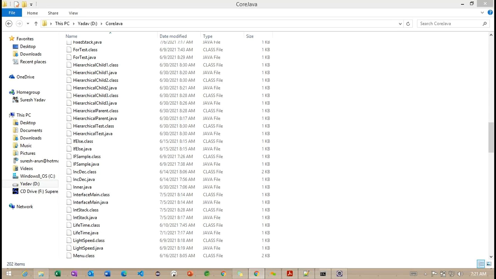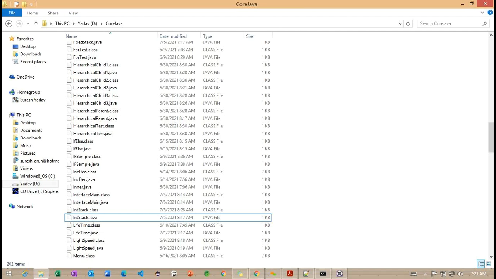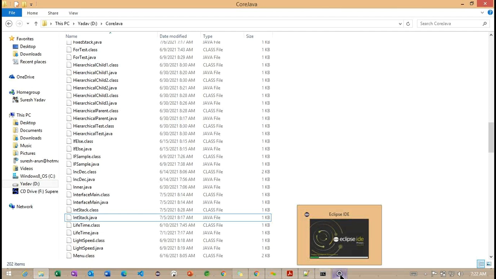So it's trying to load. It is taking 2 more minutes to open this particular IDE.